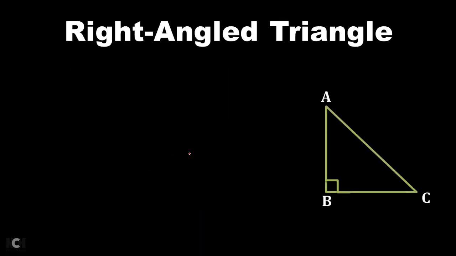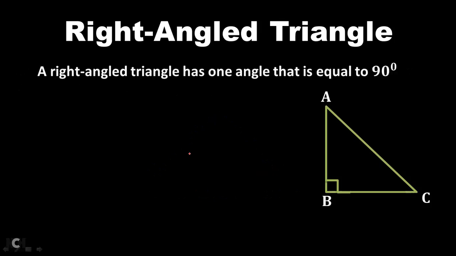Then now we have the right angle triangle. The right angle triangle has an angle that is equal to 90 degrees. So we denote the right angle triangle by a 90 degree angle. So we also mark it with a square on the right corner right there. Right. So this triangle